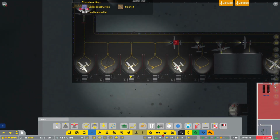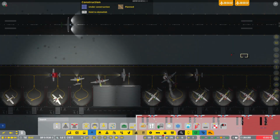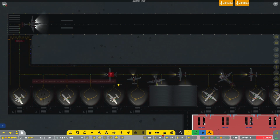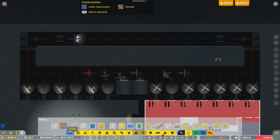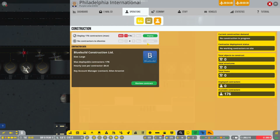So my focus today is to put those additional services in, and also to potentially try and sort out the animal issue, because that's becoming a bit of a problem. As you can see there, that's an animal again. You can see there's a little cow passing there. We'll sort that one out shortly. So without further ado,